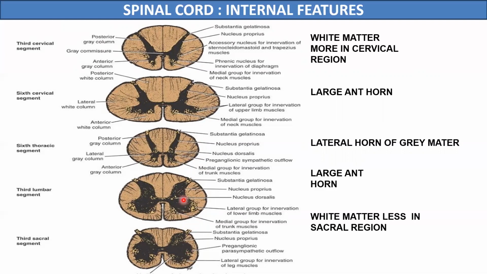In the thoracic region, the transverse section shows that the diameter of the spinal cord is lesser, and an additional horn of the gray matter is present. These diagrams show a comparison of the gray matter and white matter in various regions, and the large anterior horns in the cervical, lumbar and sacral regions are responsible for the formation of the cervical and lumbar enlargements of the spinal cord, as we see in the next diagram.